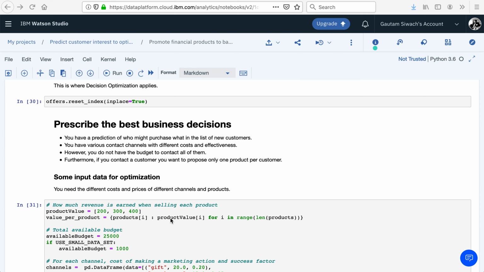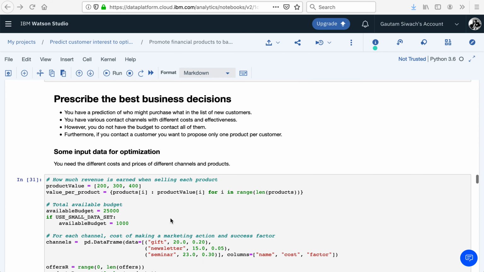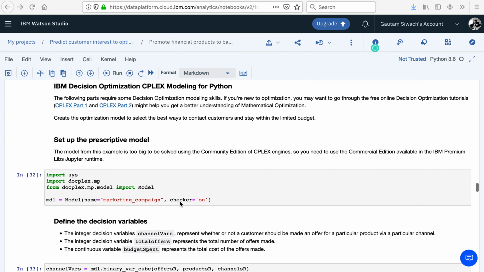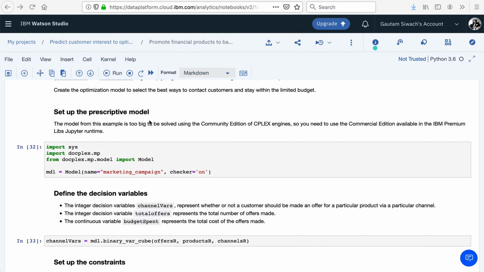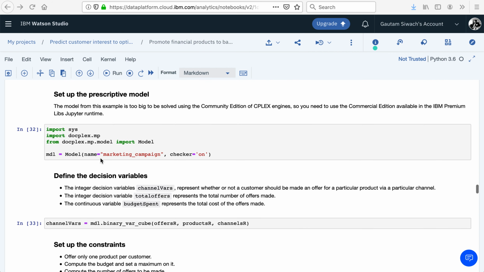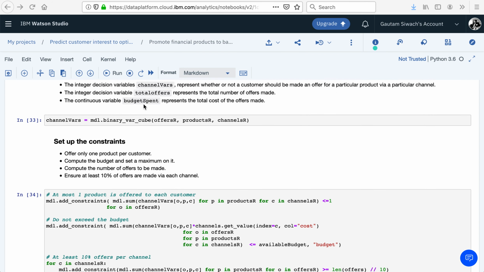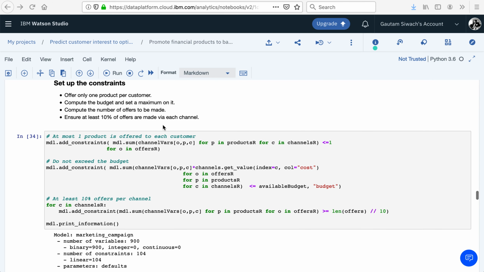Now, in the third step, we will apply a decision optimization model to offer a product. Our goal shall be to select a customer and the best channel to contact them. This is decision optimization CPLEX modeling for Python. This is setting up the prescriptive model, docplex.mp.model. These models are defined so we can even find their definitions,